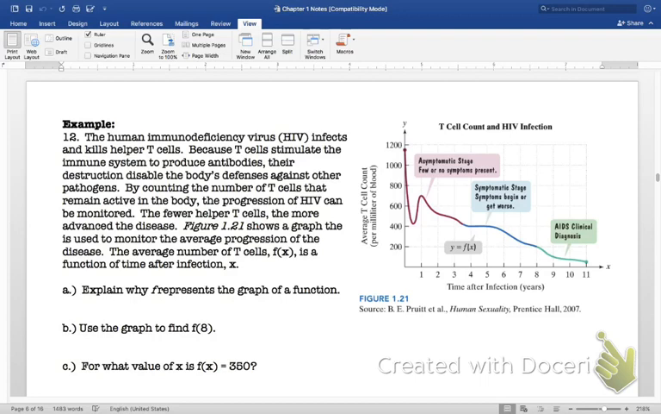Maybe 5.5, 6. But again, it's kind of an educated guess, since you don't have an actual function that goes with it, you've got to use a little bit of common sense to say, okay, this is